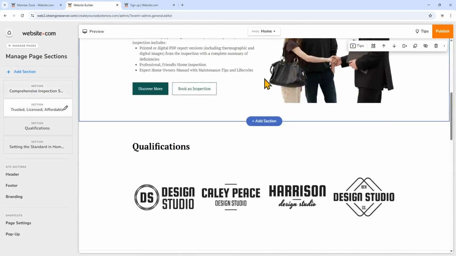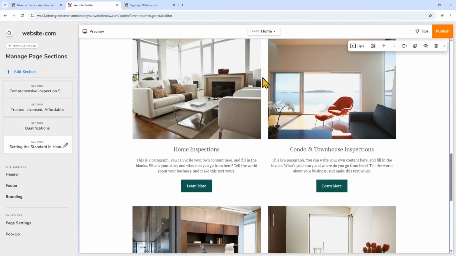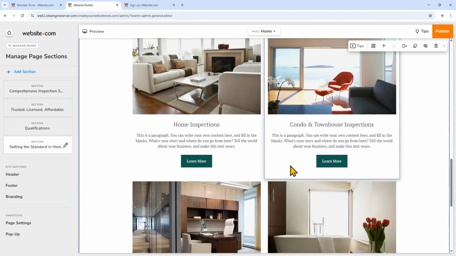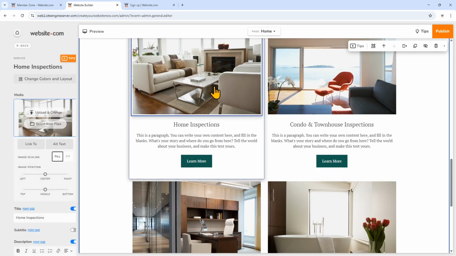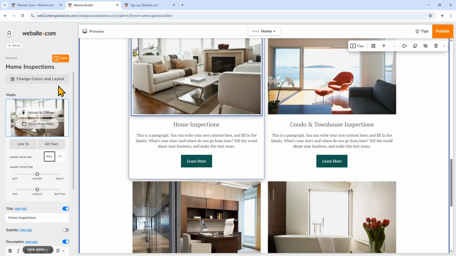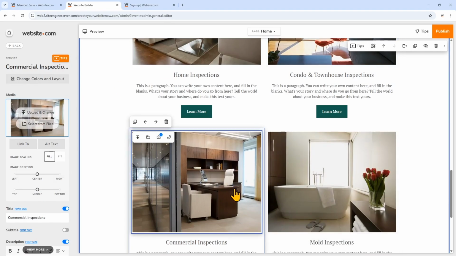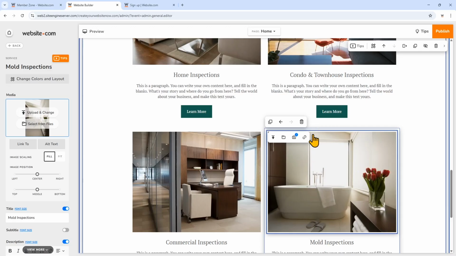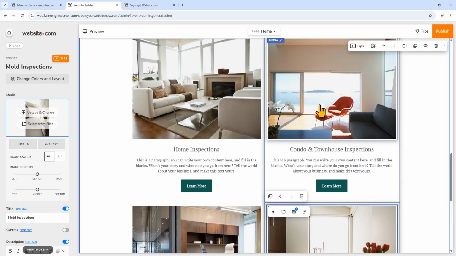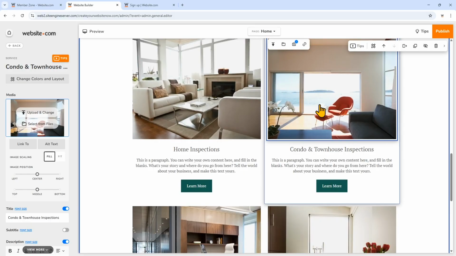And now let's scroll back to the services section that I was editing. So you can edit all of the images and text on here just by clicking and then editing all of the content for each block. So you can do that on your own, but I'm going to change the button, for example, for condo and townhouse inspections.